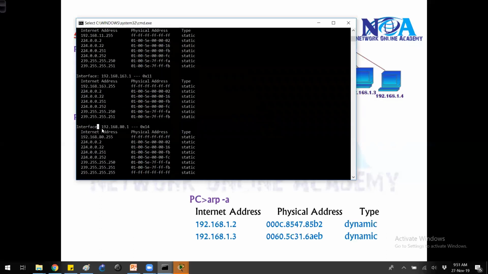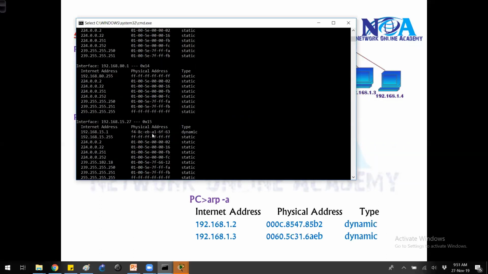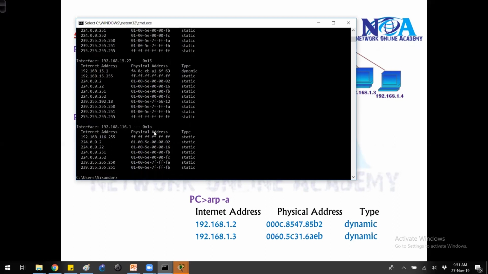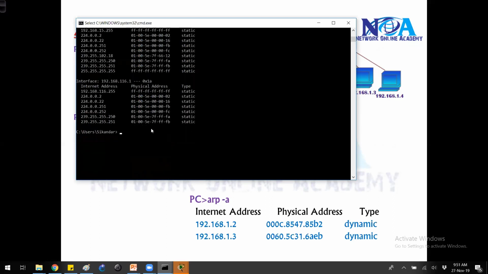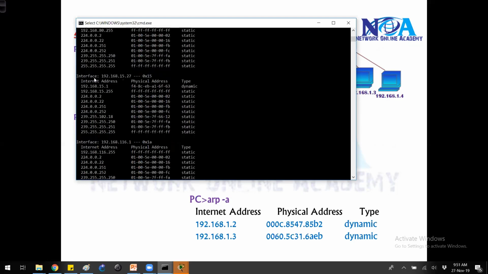Of course, these are all my logical NIC cards, the VM interfaces, which I'm using for my virtual labs for advanced. But basically here you can see this is the MAC address. Now here you can find some of the MAC addresses. This is the broadcast address 15.255. Of course, it uses all Fs. That's a broadcast address. And I don't have any other device. You can see that I got a MAC address of 15.1 because that is the only device connected here to my wireless network.